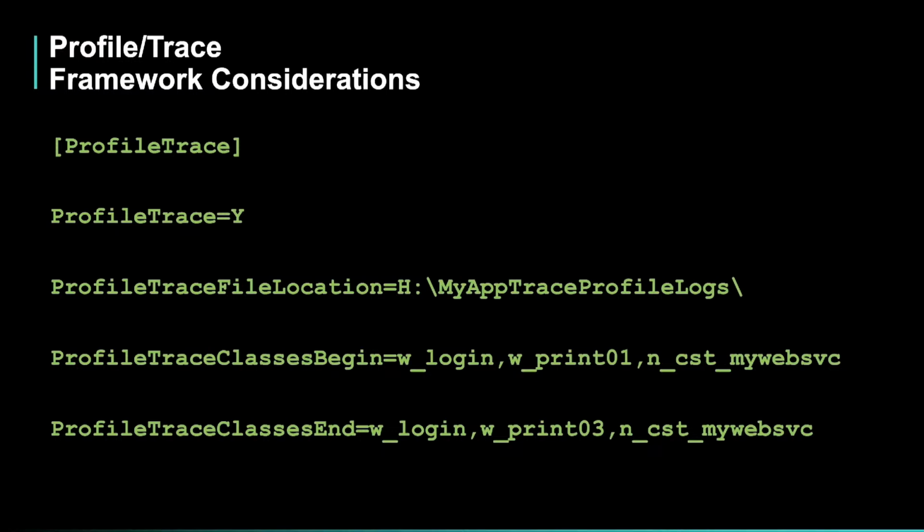And without having to recompile, re-QA, or redeploy your application, you simply have their INI file edited, either in place or you send them an updated INI file that has a different set of begin trace classes and end trace classes until you finally identify the portion of the application that is truly, let's not call it at fault, but is involved with what will eventually become a code change. And the whole point is that you provided for this procedure, this process in your framework.